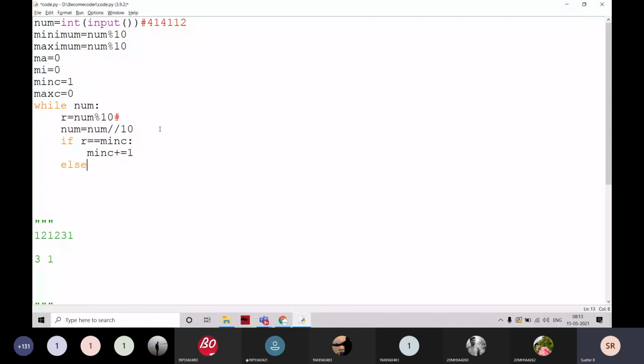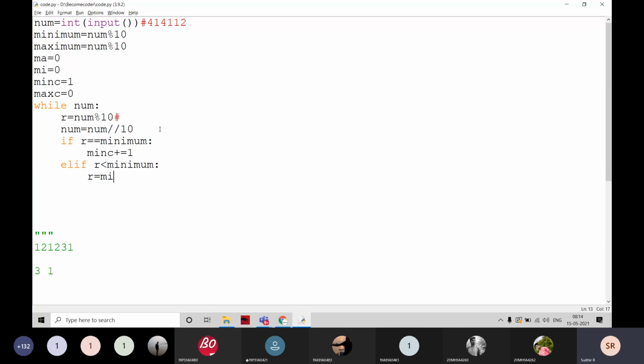Else, if both are not equal, and if r is less than minimum, then we have to modify it. Then minimum is equal to r, not r equal to minimum.